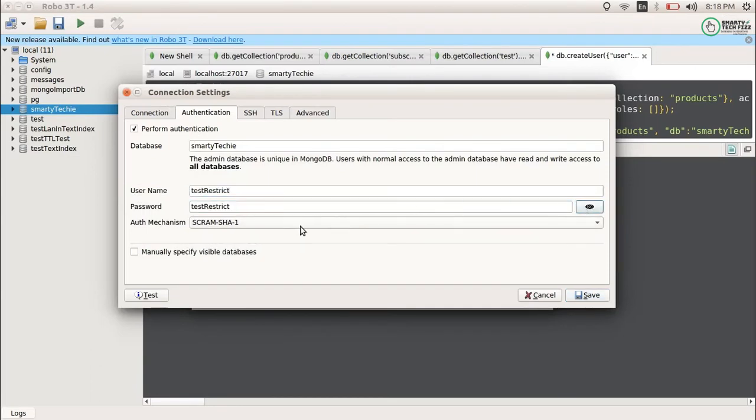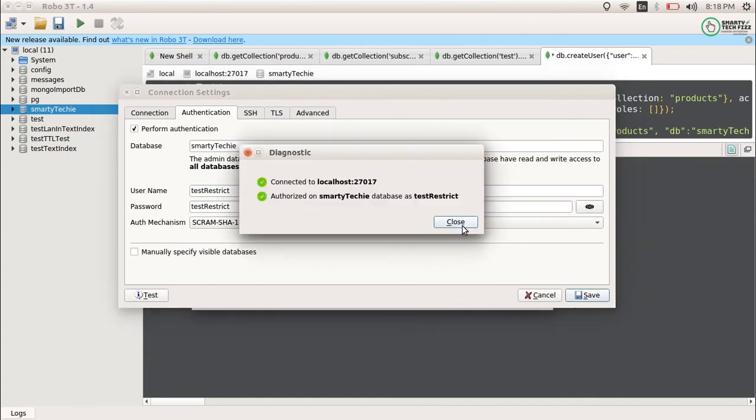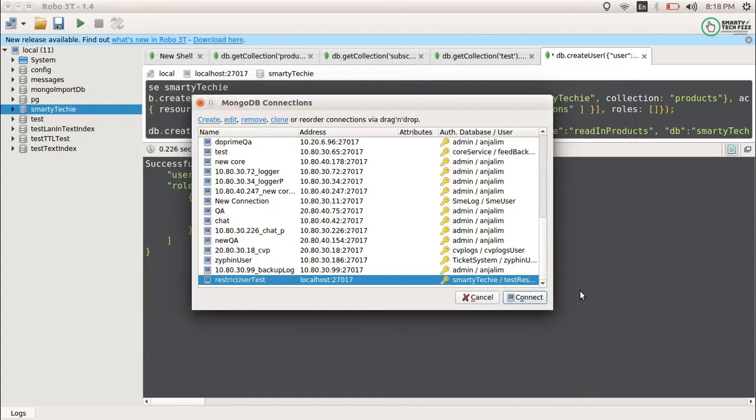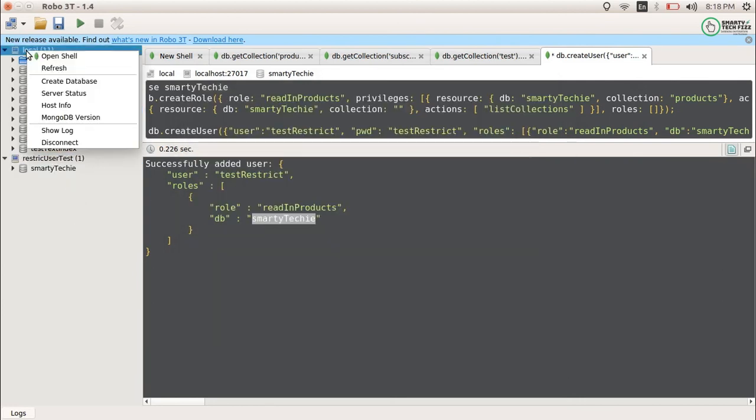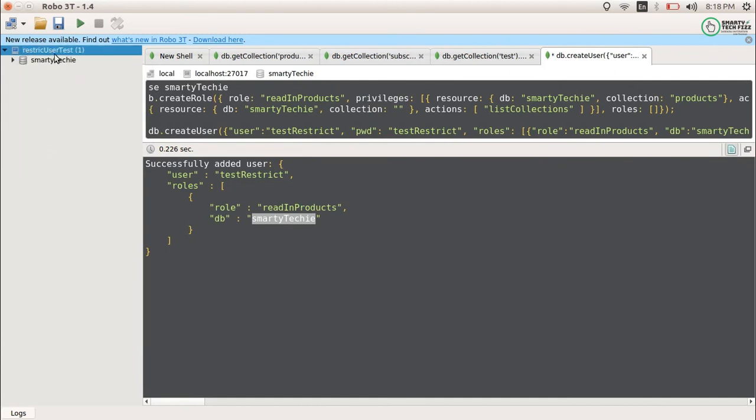Okay, and test, it is able to connect. So let's connect. You can see that after using the user, it is only able to see this. Now after clicking on it, it should be able to list all the collections. So you can see it is able to list all the collections.